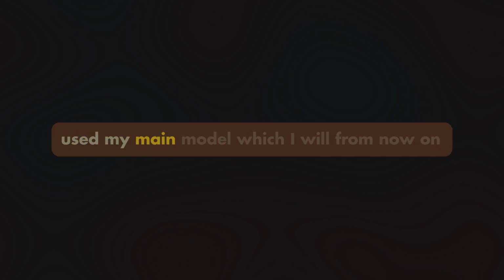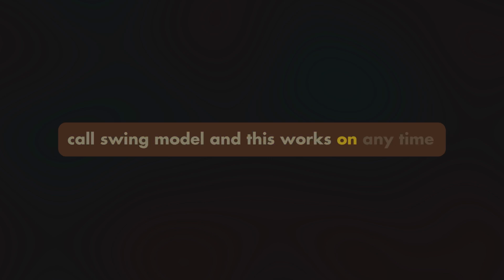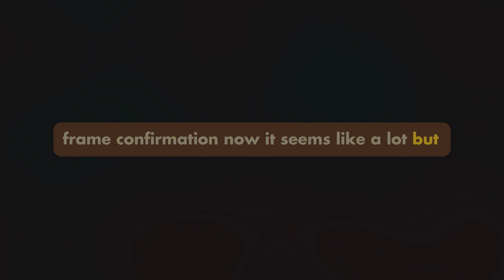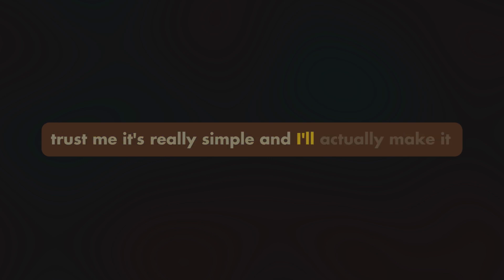So I used my main model, which I will from now on call swing model, and this works on any time frame. I don't care what you call it, to be honest. You can call it beta simp model. I don't care. I use three time frames in this model: the higher time frame, the middle time frame, and the lower time frame. So I use the higher time frame to get my bias, the middle time frame to help me confirm that high time frame bias, and the lower time frame to get an entry after the middle time frame confirmation. Now it seems like a lot, but trust me, it's really simple,